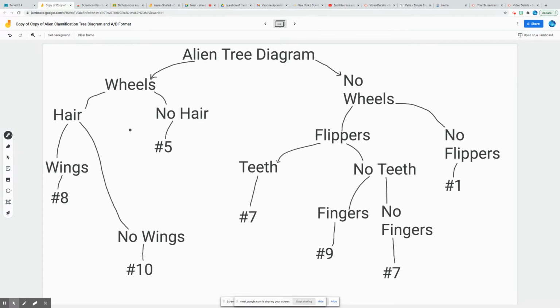So here's the alien tree diagram we created together in the last video, and I'm going to show you how to make this one into AB format. Before we go to the third AB format page, I'll show you that out of all these 7 aliens, and the reason they have numbers is we decided to just number them instead of using their names to save time in typing, so I'll stick with those. Out of these 7 aliens that we chose from the previous page,